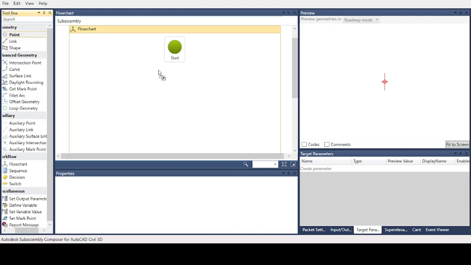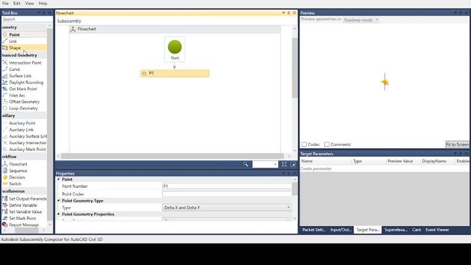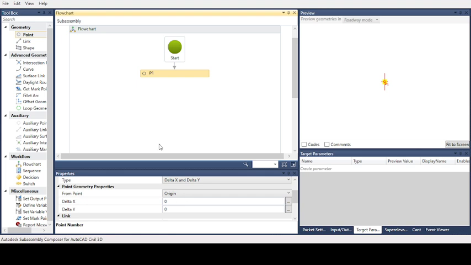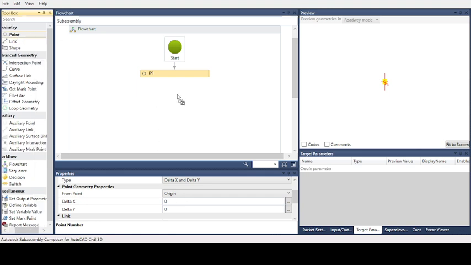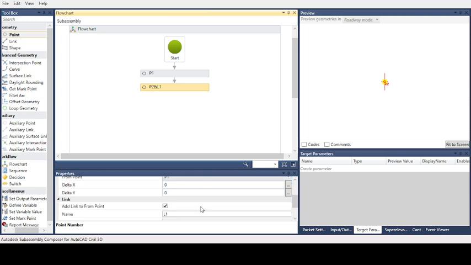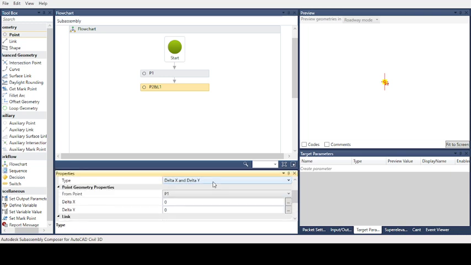Let's start. We are now creating point 1. For point 1, we'll create it on the flowchart, and the properties will be edited in the properties panel. Point 1 is the origin. Other points start from another place, and point 2 starts from point 1, and we will give these parameters: slope and delta x.